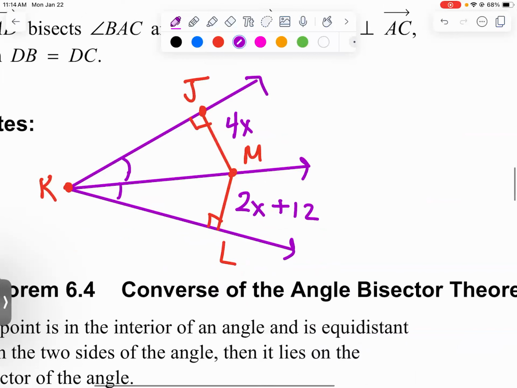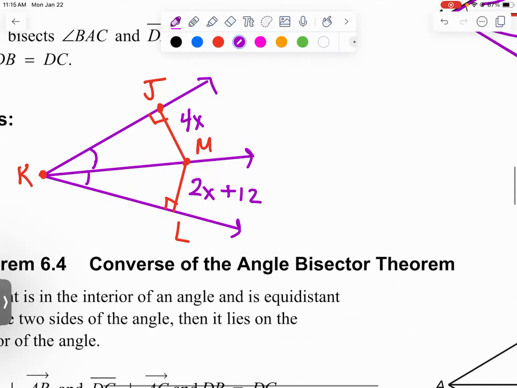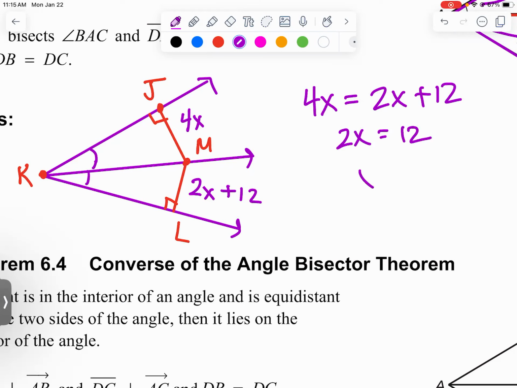There's your picture. Okay, so in this picture, how do we solve for x? 4x equals 2x. Okay, angle bisector theorem is going to tell us that x equals,